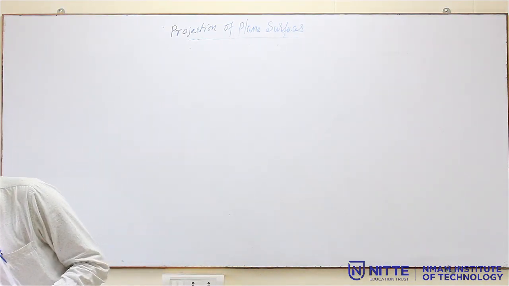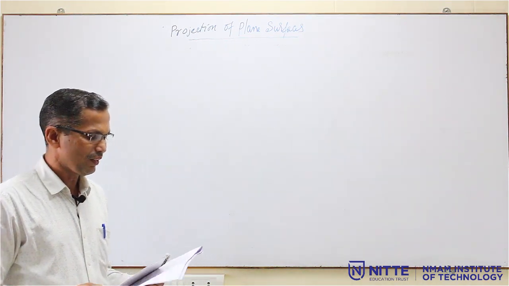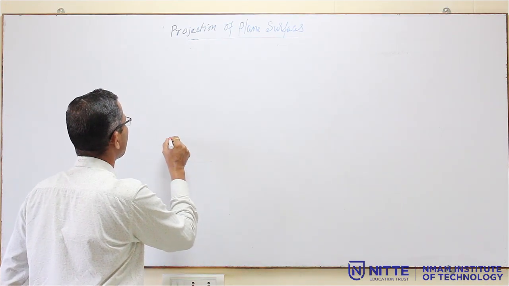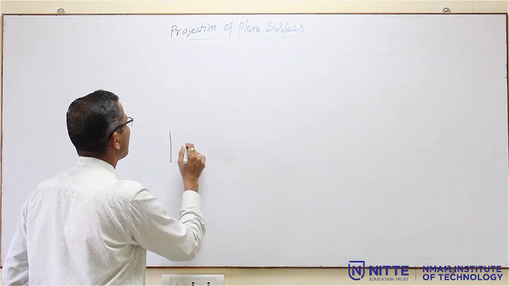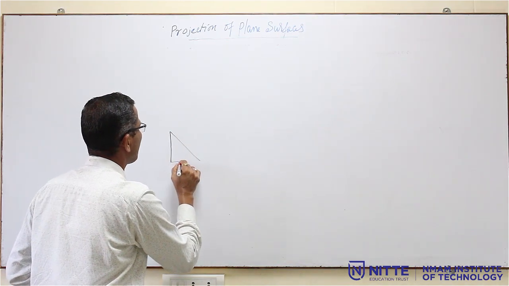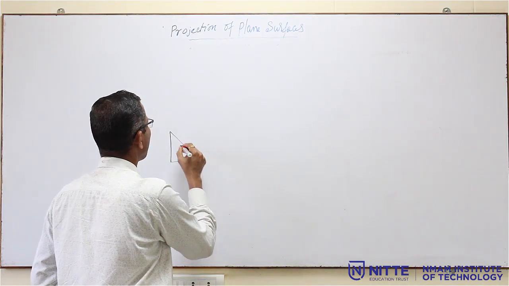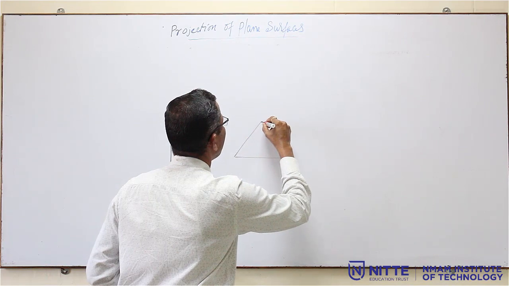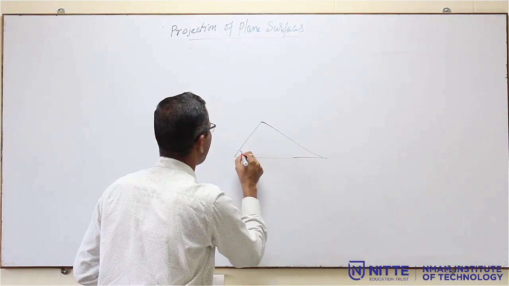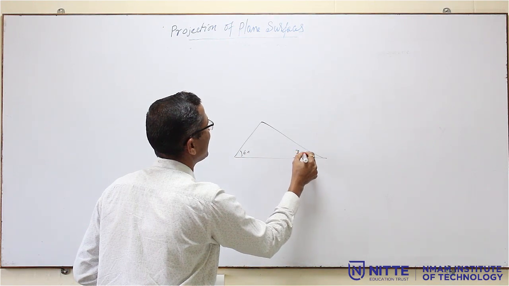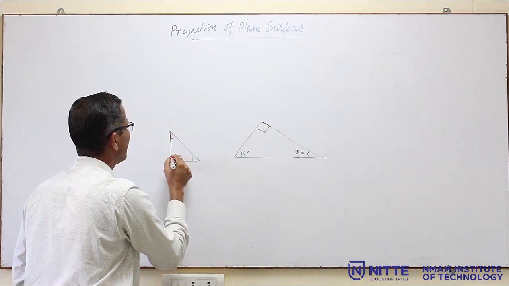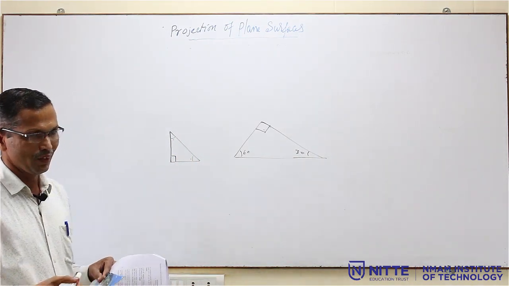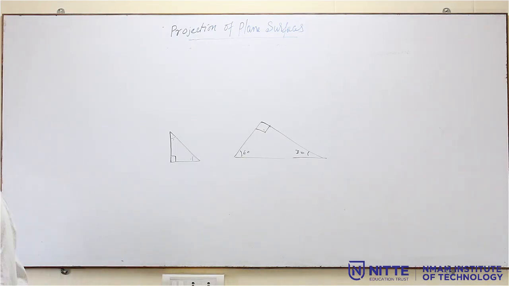Now, once again this is a triangular lamina, a set square. Set square means it is a triangle like this. There are two types of set squares. One is the 45 set square, and the other one is the 60 and 30 set square. So, this angle will be 60 degree, this angle will be 30 degree, this will be 90 only, and here this is 90 degree, these two angles will be 45 degree. So, these are the set squares normally available in the geometry box.